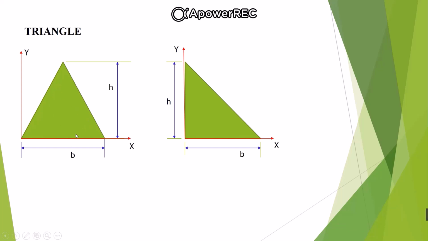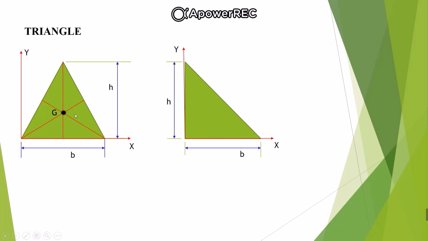So here also, first select two reference axes, x-axis and y-axis, passing through the base of the triangular section and left end of the triangular section. Now in order to locate the centroid of the triangular section, we need to draw the medians first. So first draw the first median, draw the second median, and draw the third median. The intersection of these three medians denotes the centroid of the triangular section. So I am going to mark that as capital G.